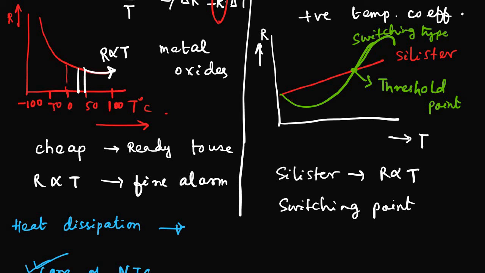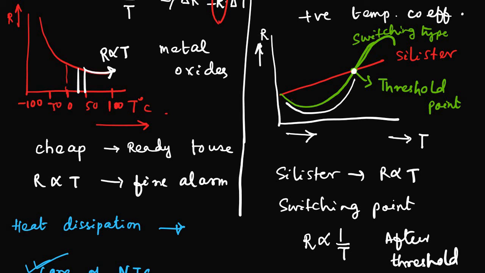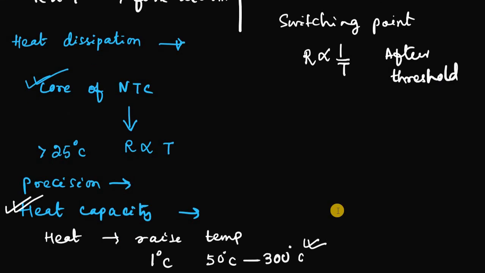What does that exactly mean? That means in this particular area, up till this threshold point, the resistance varies inversely with the temperature. That means if the temperature is increasing, the resistance is decreasing, of course. Then it increases to a very high value, which is called the threshold point. And after the threshold is reached, which is the critical temperature for that particular thing, it goes beyond. After that it is simply R varies as T, that means it is linear.